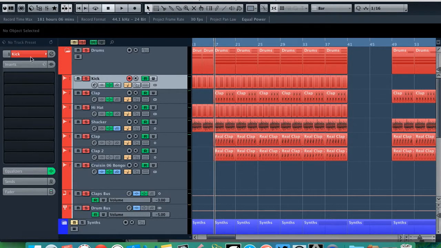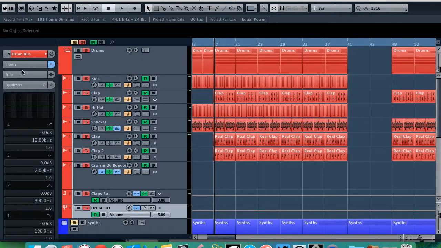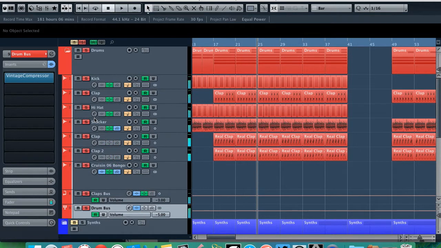And the reason I'm doing that is because if you see over here, I've routed it to a drum bus. If we go to that drum bus channel, there's a compressor on it. If I take the compression off and you hear what it sounds like, it's going to make a huge difference. You should have heard a massive difference there,